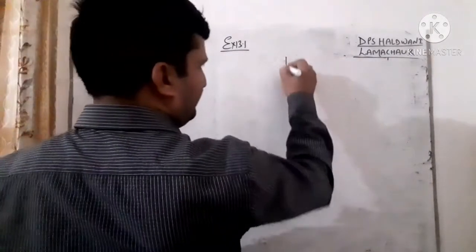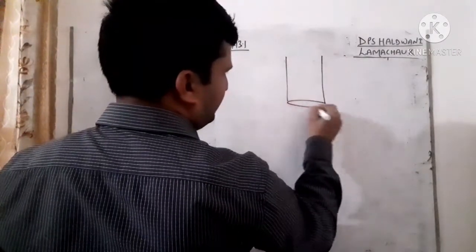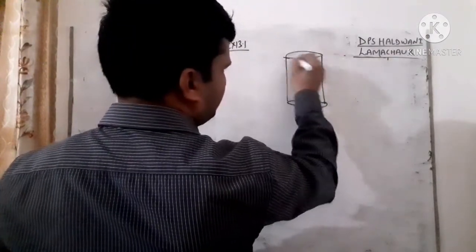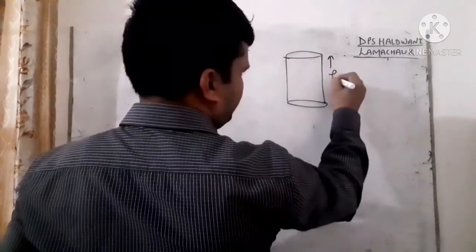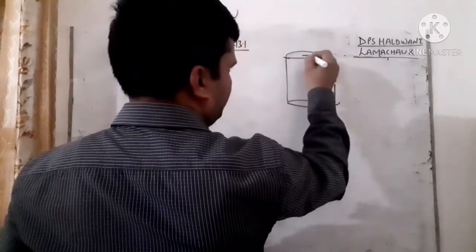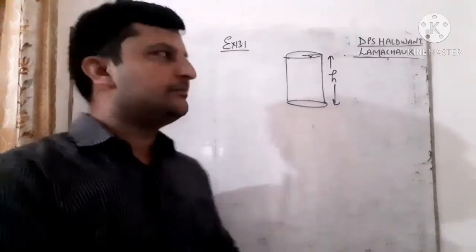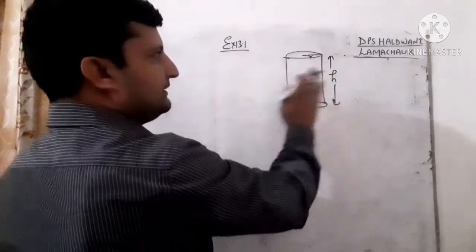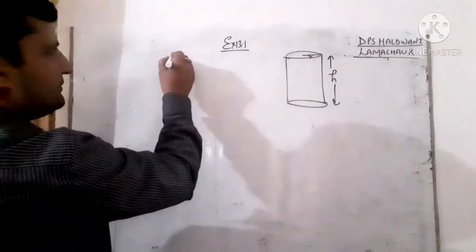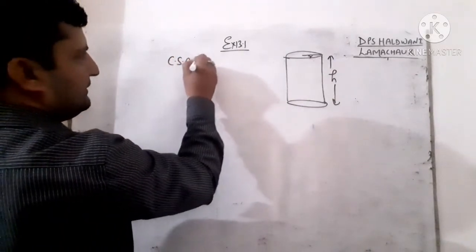So I have told you earlier that there is a cylinder. Suppose the cylinder is like this. This is the height of this cylinder and this is the radius of the cylinder. So student, CSA means the cover up. Cover up means like this. When we are covering this one, this is the structure. So CSA of cylinder, you can write it